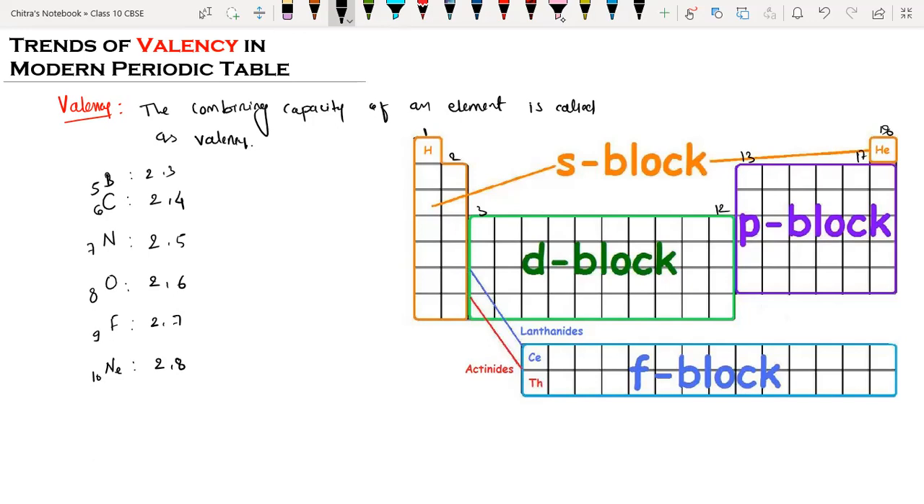Yes, sir. So in order to have 8 electrons, neon already has 8 electrons, so it is not going to share, gain or lose electrons. So its valency we can write as 0, because it is not going to form a bond with another element. But fluorine has only 7 electrons in its outermost shell, so in order to complete